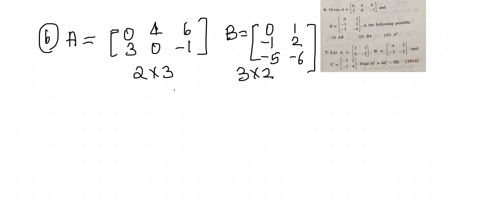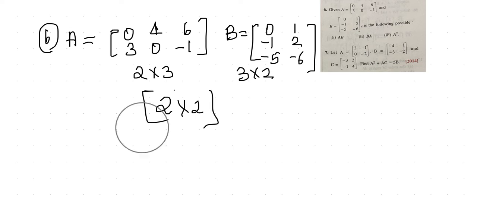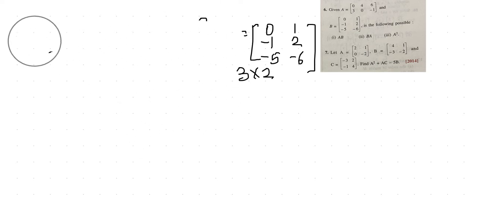Now what I will be doing, children, I won't be doing this one for you. Why? Because in your syllabus it is clearly mentioned that you are concerned with only multiplication of matrices which are having order 2 into 2. So you can just be ignoring this question, because they are not going to ask this particular question, because this is of the order 2 into 3 and 3 into 2. Okay, so we'll be now moving to question number 7.